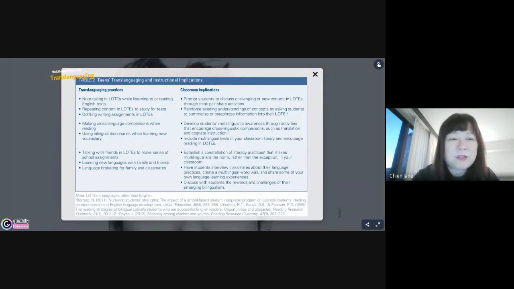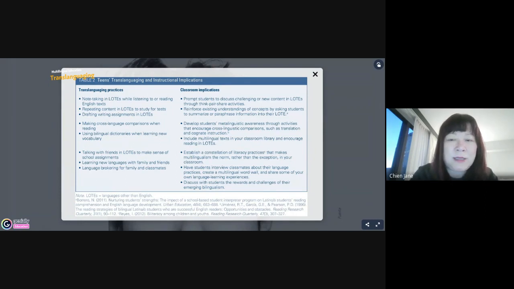Or drafting writing assignments in LOTES. I don't know, this is not encouraged for English writing class, and we normally don't encourage students to write in Chinese and then translate it into English, but this is a translanguaging practice as well. Okay, making cross-language